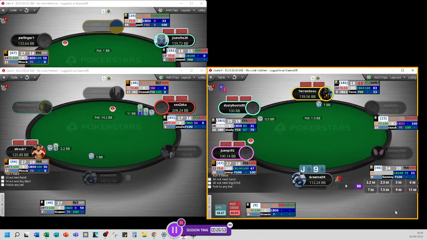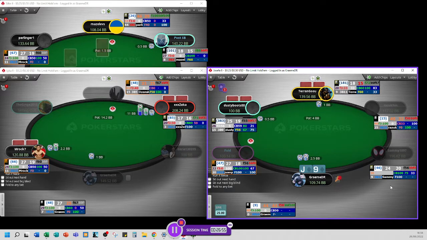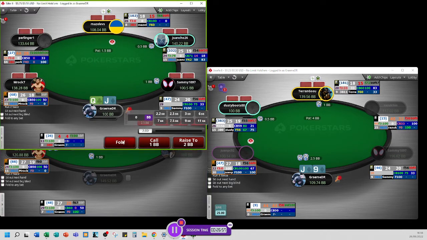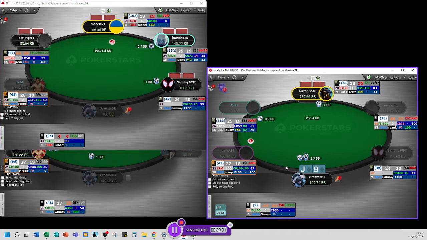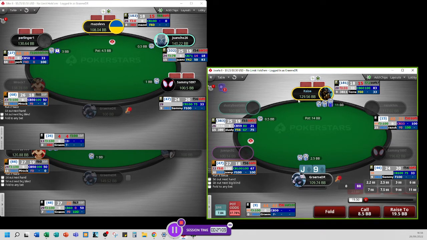But limpers nowadays, not many people limp. Certainly not where I play on PokerStars. You don't get many people who are limping. The people who are limping are genuinely limping because they don't know what they're doing. But there's not that many of them anymore. So when there is one, they genuinely don't know what they're doing. So you'll find that they will call,